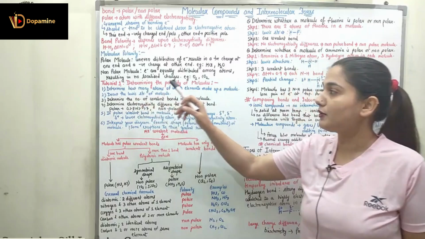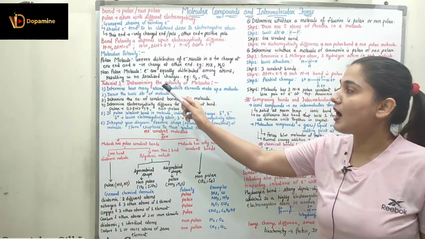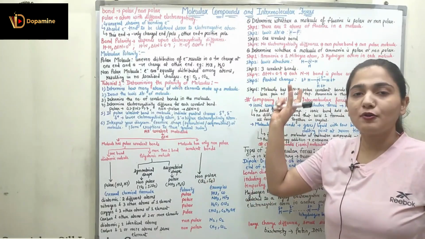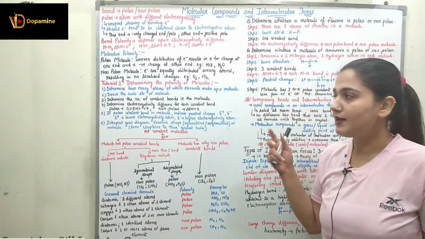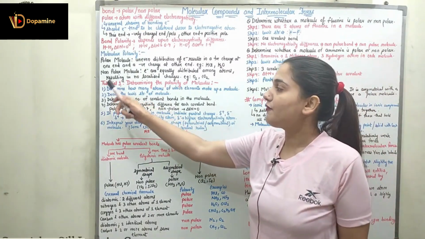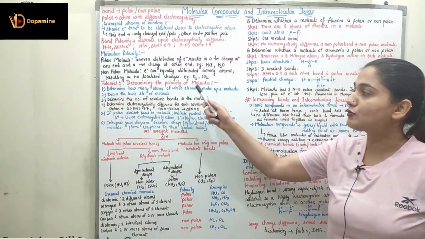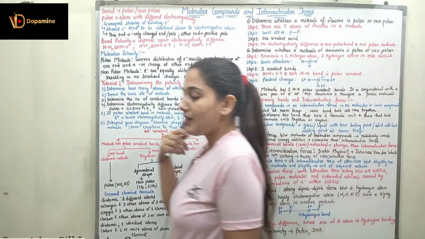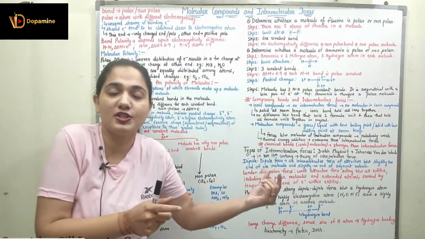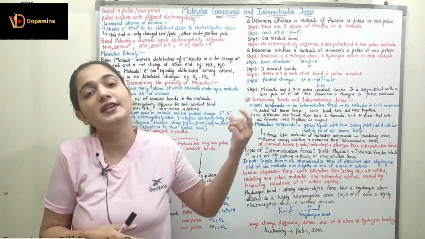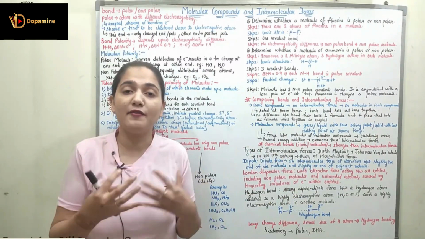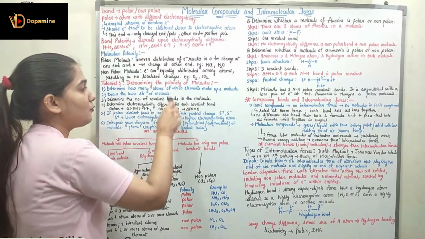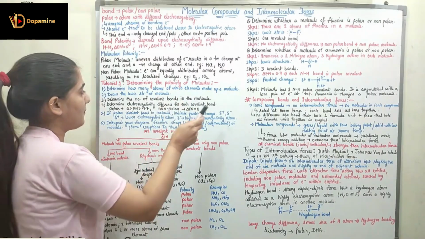Now coming to tutorial 1, where we are going to understand how to determine the polarity of a molecule. We have different steps, and based upon these steps we are going to understand some examples as well for the sample questions. So the first step is to determine how many atoms of which elements make up a molecule. We have to understand if I have oxygen atoms, how many oxygen atoms are there? If I have hydrogen atoms, how many hydrogen atoms are there? So we have to understand how many atoms are present and which elements are present to make up the molecule.